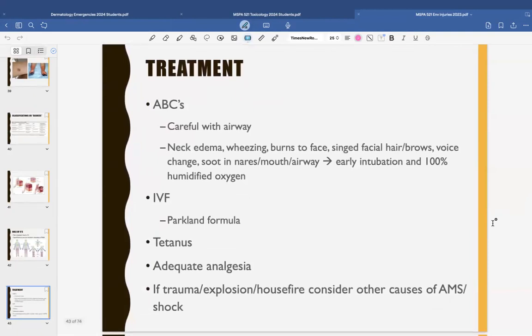So, ABCs. Let's say someone is scared of the beach, or scared of going to the Grand Canyon, scared of traffic, scared of the barbecue. The coals blow up in their face. If there's any neck edema or wheezing, if there's any burns to the face, any singeing of facial hair, eyebrows, soot in the nares, mouth, or airway, certainly voice change, it doesn't matter how stable they look right now. We need an airway. Early intubation, because with 100% humidified oxygen, it will swell them within minutes to hours. Doesn't matter how good they look right now. Once you see any of those signs,